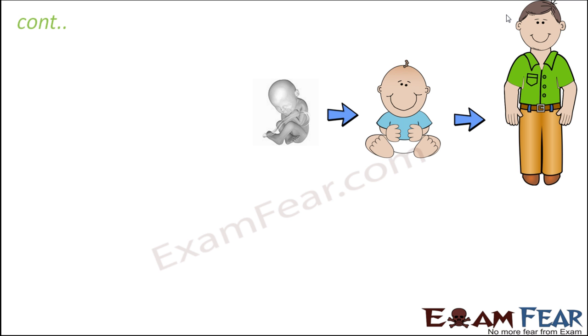Okay, so if you talk about our growth, we were all born as small babies, right? And then that small baby gradually grows, his height increases, weight increases, everything grows proportionately. And then that small baby who was so very tiny grows up into a big adult. So how does this growth take place? How is that synchronization taking place inside your body?